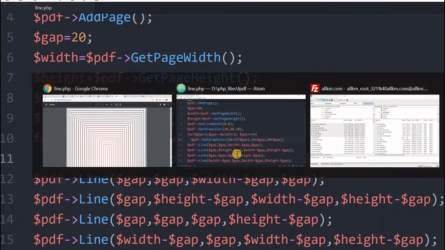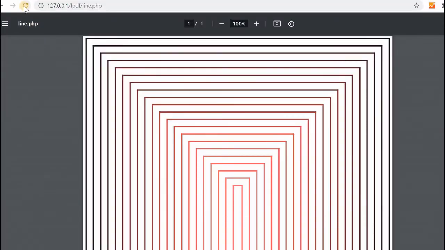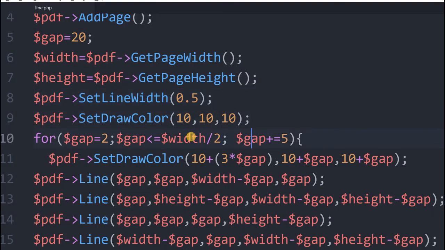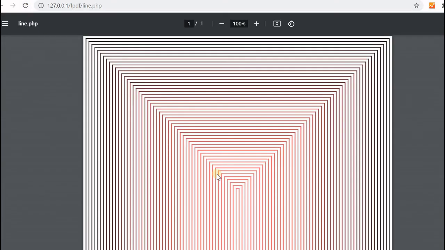You can change the width also. Width is, let's say, slightly reduced, 5. This will affect all the lines, so you can see. Like that you can make your own changes of color, width and all, and the gap also. Here you can see the gap we have maintained is a little bit more. You can reduce the gap here. Let's bring it back to 2, so you can see this. And yeah, like this you can create different patterns.